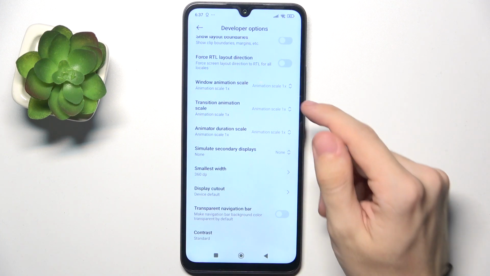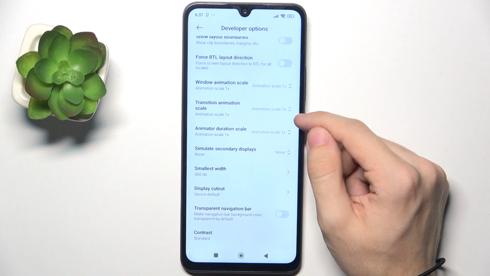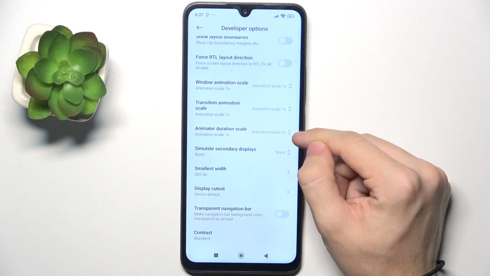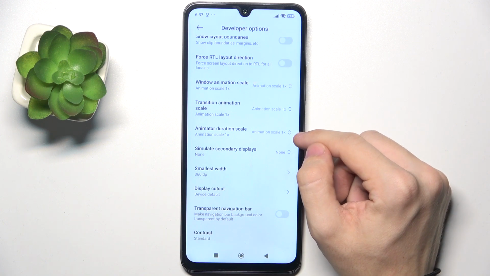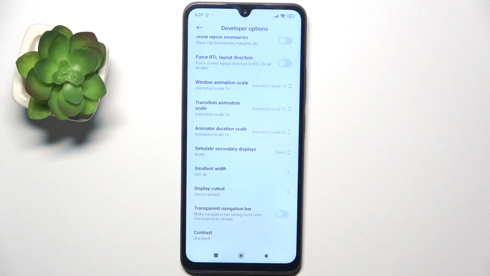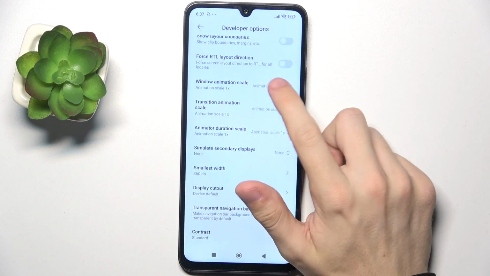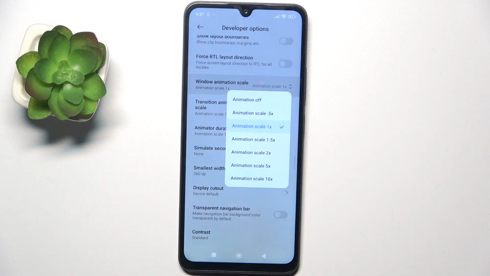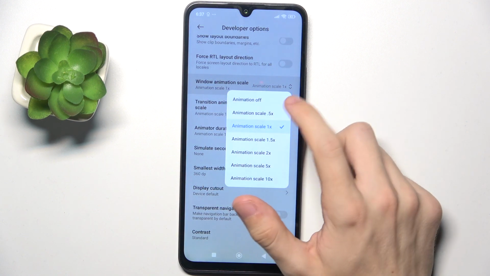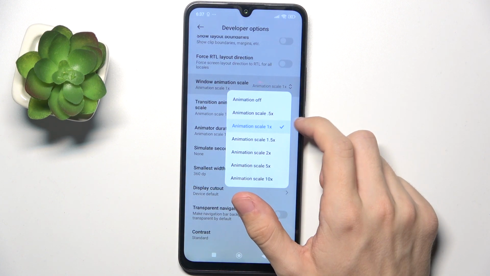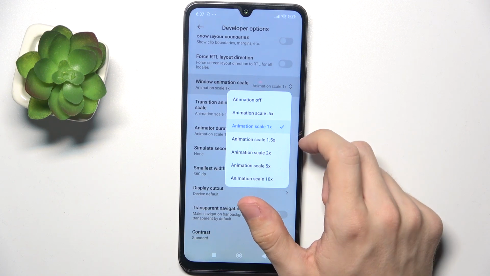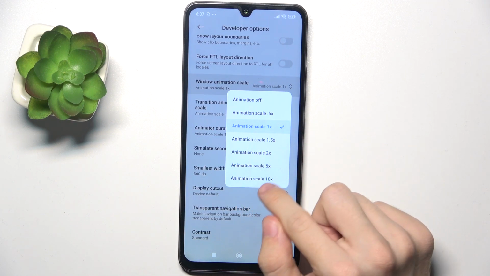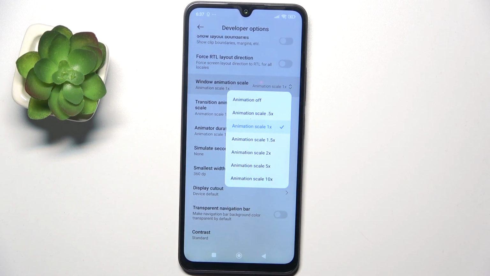There is window animation scale, transition animation scale, and animator duration scale. You can change all of these three settings, but I'm gonna do the window animation scale first because it's the most noticeable change. So you can set it to off, 0.5, 1, which is default, and all the way up to 10 times. And the higher the value is,